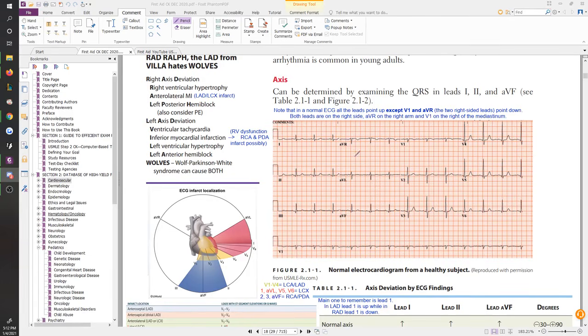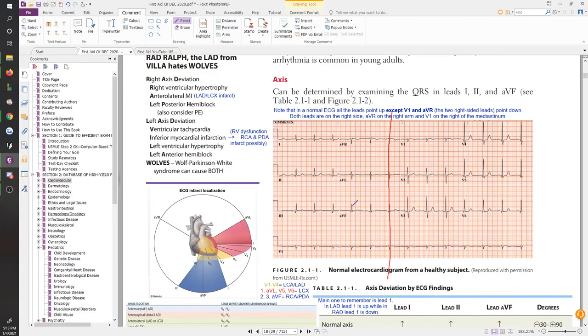Alright, so let's get into this. So we have this blank ECG. What are things you're going to look at, right? So these are some of the things we're going to be talking about right now as we go on. As soon as you get an ECG, the first thing you should do, assuming that it's in standard format, is divide it in half. You want to cut it in half right here, right? Such that you have your 1, 2, 3, AVR, AVL, AVF on the left half, and then you have your V guys, V1 all the way to V6 on the right half.